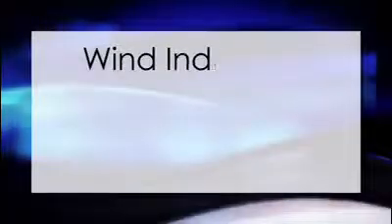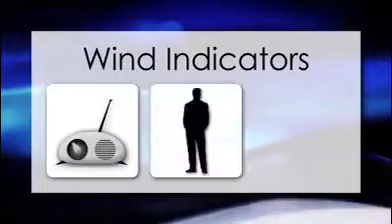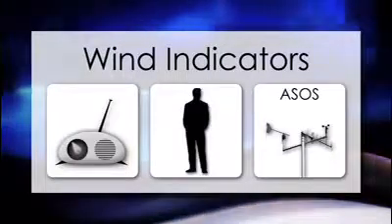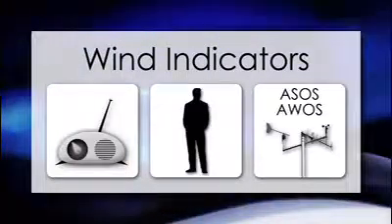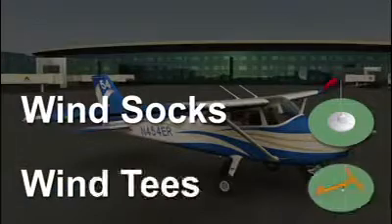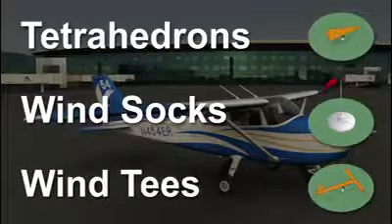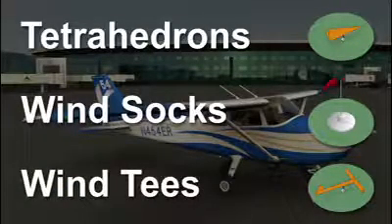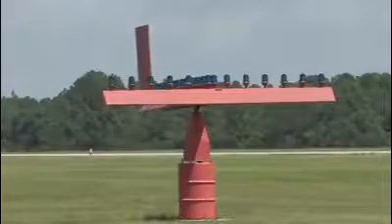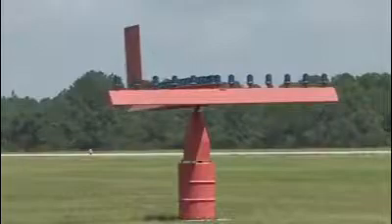A pilot can get wind information by radio, from observers on the ground, or from automated systems such as ASOS or AWOS that broadcast the information. A pilot can also use wind socks, wind tees, or tetrahedrons to judge the wind direction and speed. Most airports use one or more of these indicators. Wind tees and tetrahedrons are large structures that are